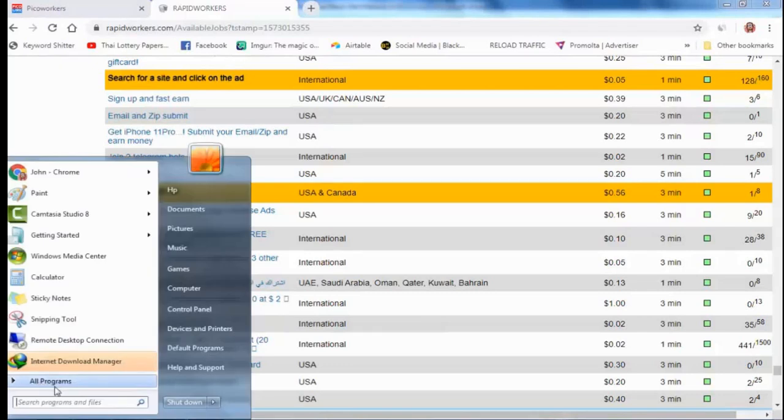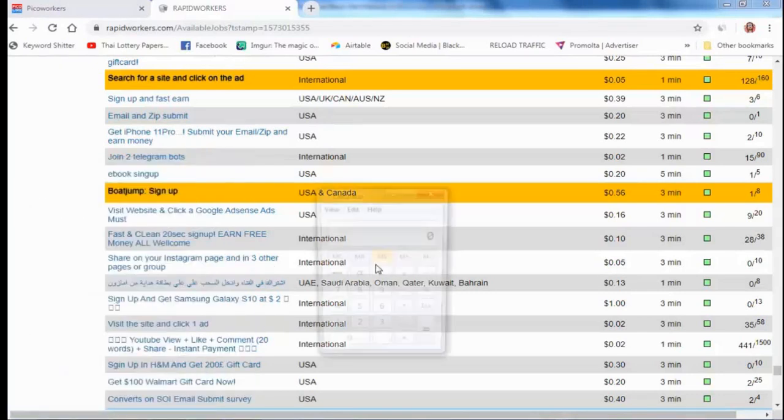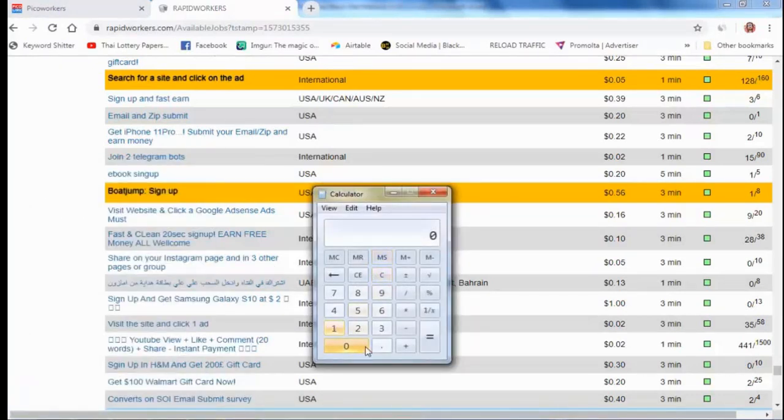We will calculate now. Here is a calculator: 0.16 times 20. This person is paying only $3.20 for 20 clicks from the USA. And what they earn, you can work out.